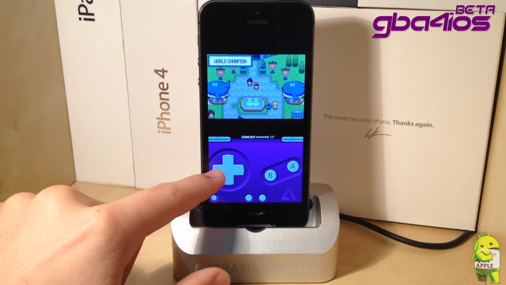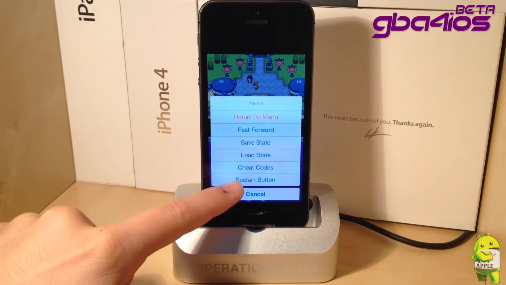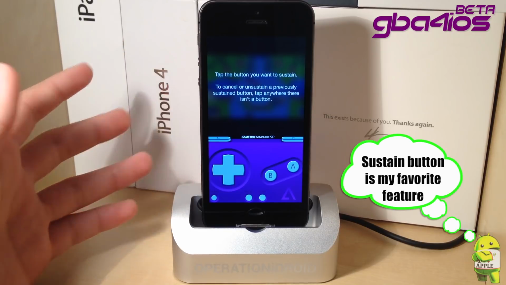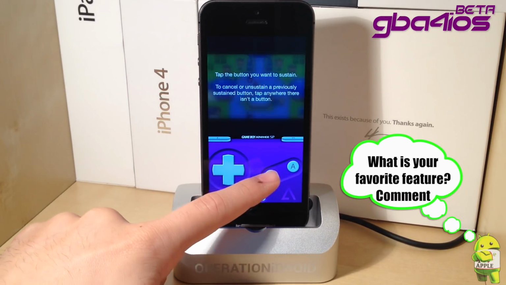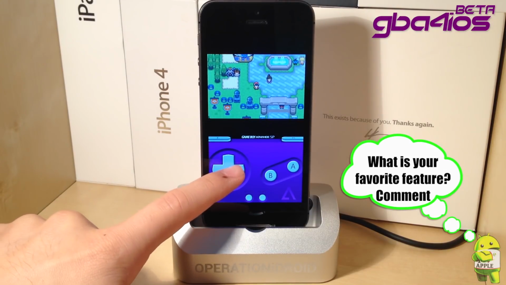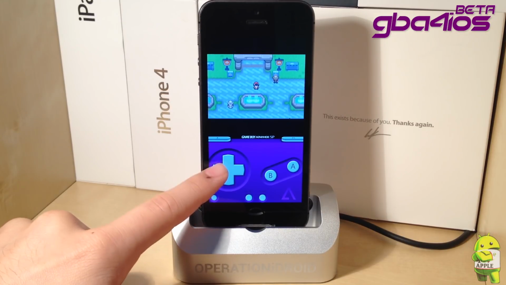So as you all know, in Pokemon games you run with B. So when I click on menu, sustain button, excellent UI again, blurs out the background and gives you instructions. Tap the button you want to sustain. Okay, so I'm going to click on B, and then B is sustained. So as you can see now, I'm running because without me having to touch B, B is automatically held down